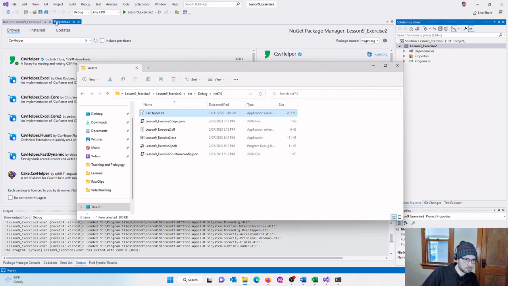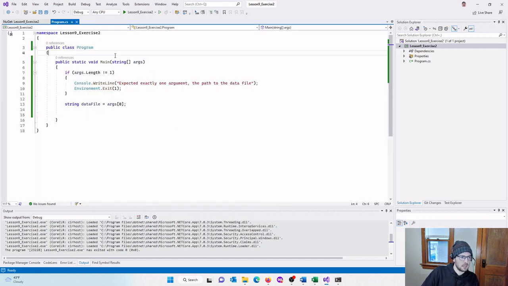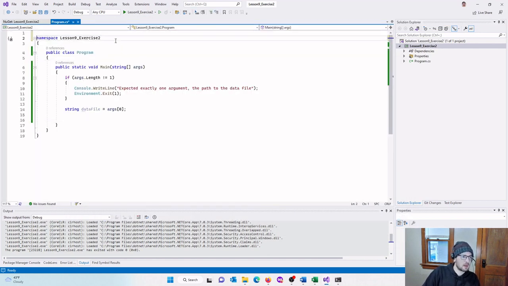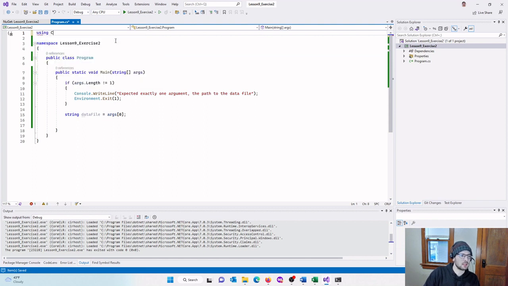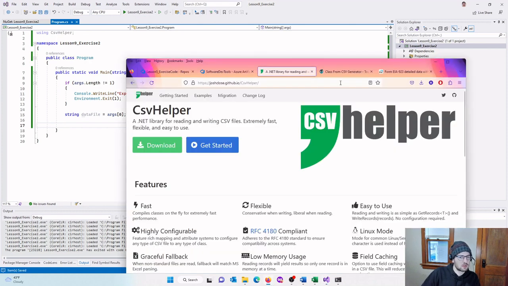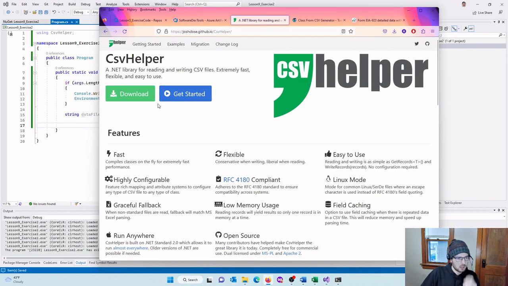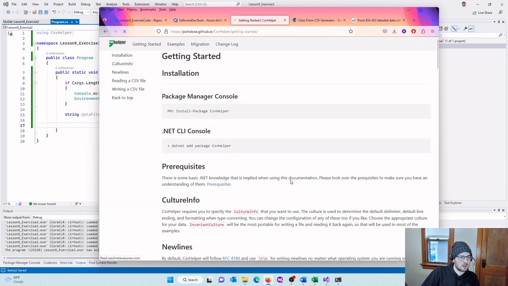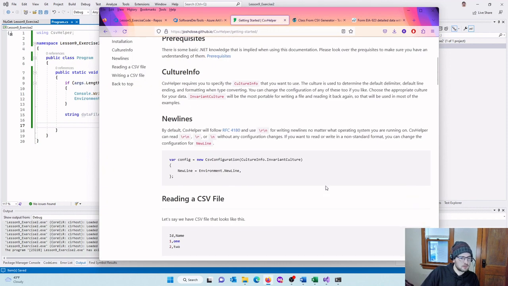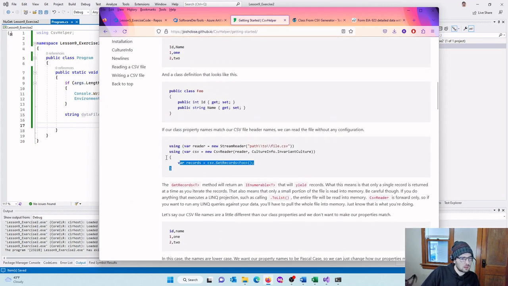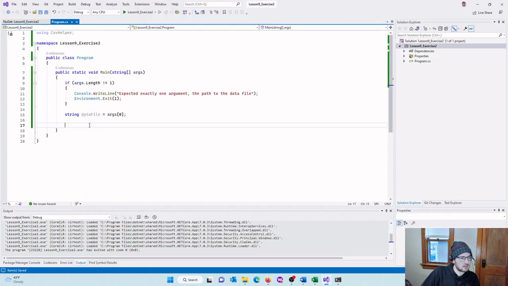Okay, so we have that all set up, and what we can do up top here is do a using CSVHelper. Now, we can refer to the library to figure out how to use this. So getting started here. I've used this before, so I'm kind of working quick here. So I'm just going to copy this here. This is our code,